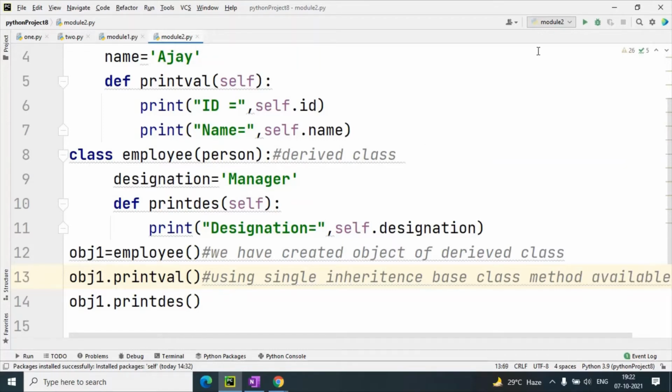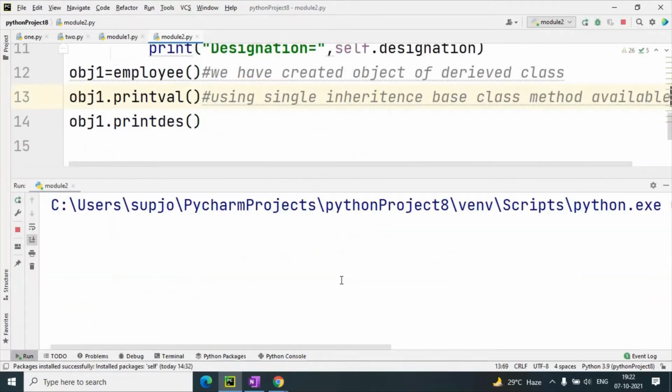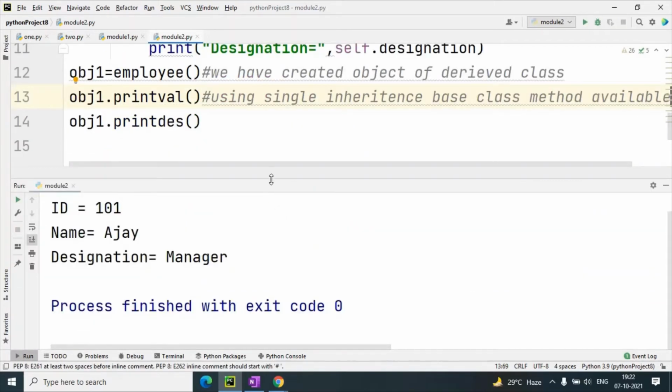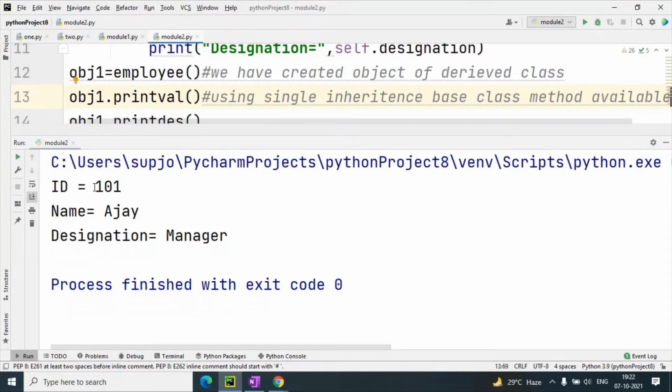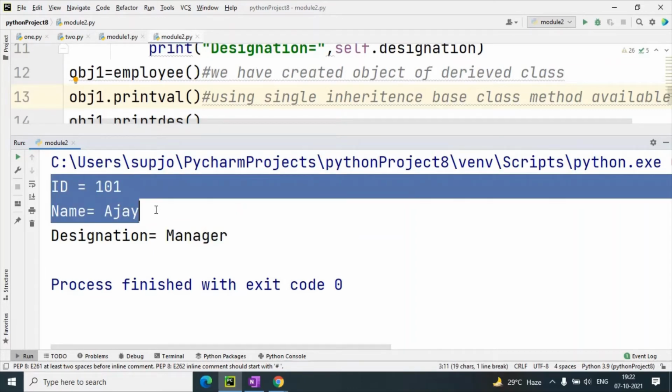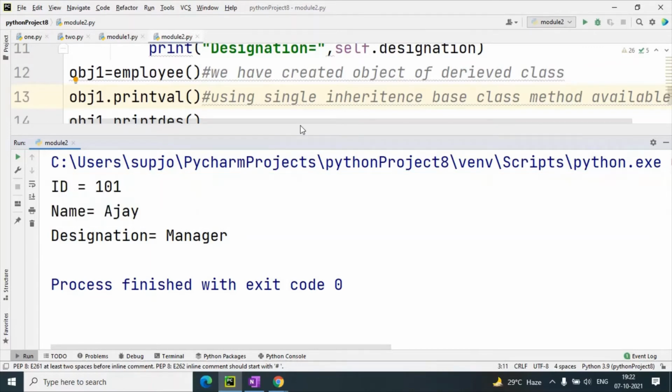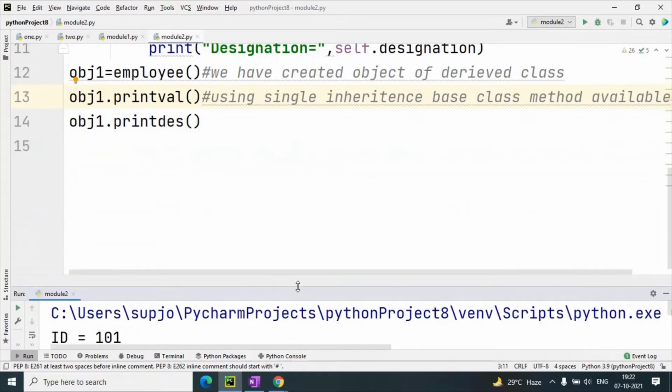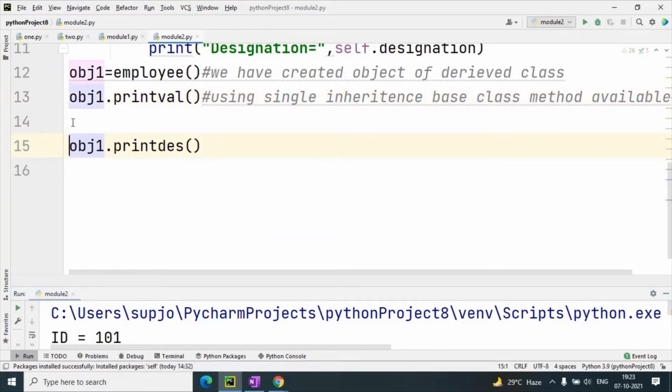So when I execute this, you can see the base class values, that is id 101, name Ajay, and designation is manager. So these two properties are now available in the derived class, so we can access them, and we can also change these properties from here with the help of a derived class object.